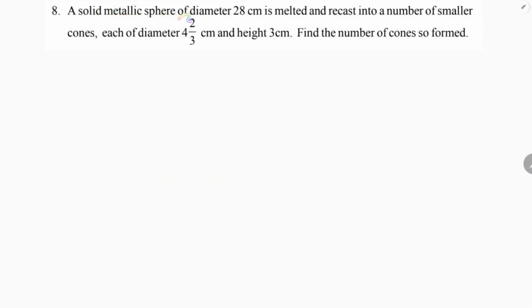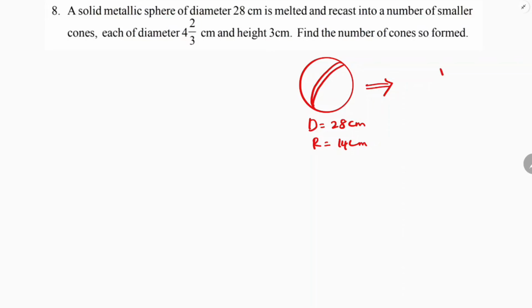A solid metallic sphere of diameter 28 centimeters is melted and recast into a number of smaller cones, each of diameter 2 by 3 centimeters and height 3 centimeters. So here, find the number of cones. So here, sphere of diameter 28 centimeters, so radius is 28 by 2, which is 14 centimeters, is melted and recast into small cones